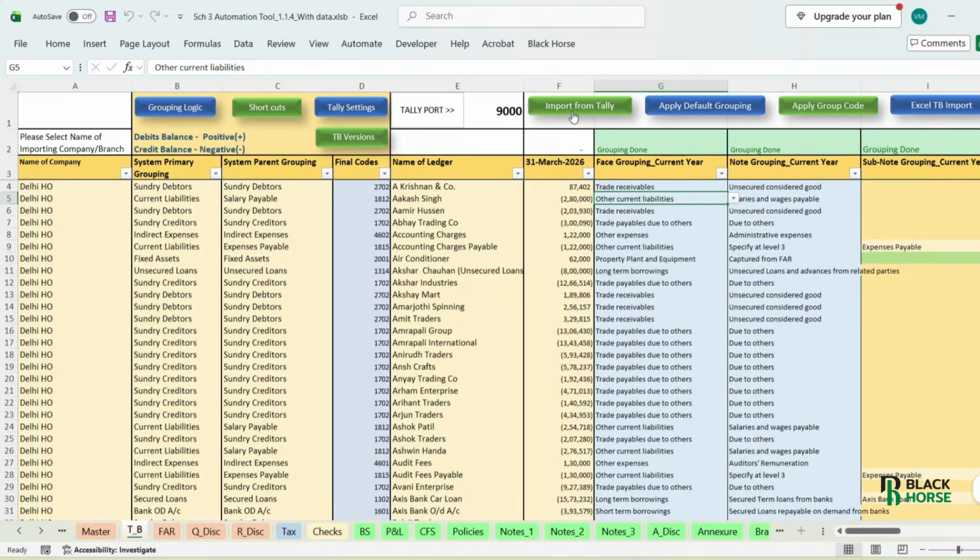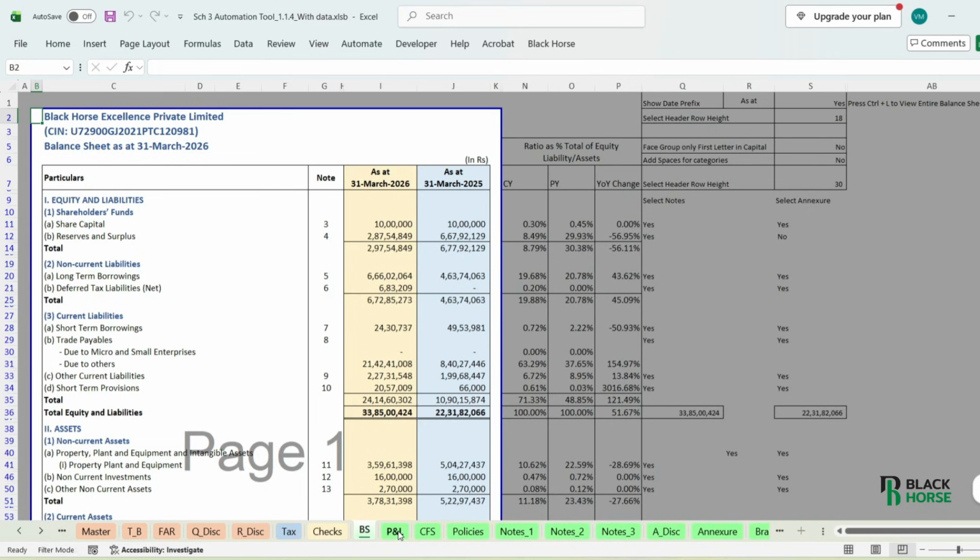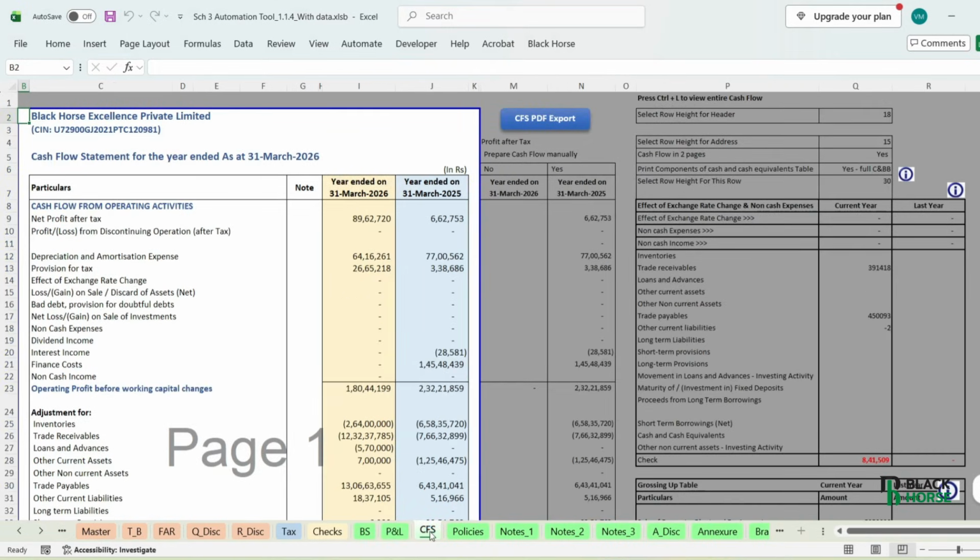Once you import data from Tally, then 70 to 80% grouping is being done by the tool itself, and remaining grouping we have to do it only for the one time. Once that grouping is being done, then your balance sheet, profit and loss account, cash flow statement, everything is ready